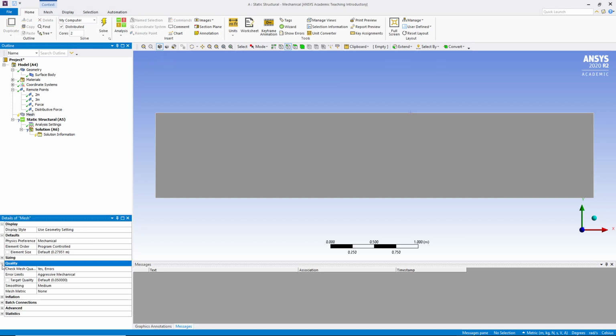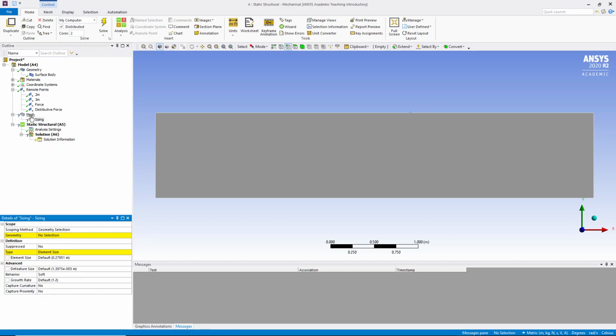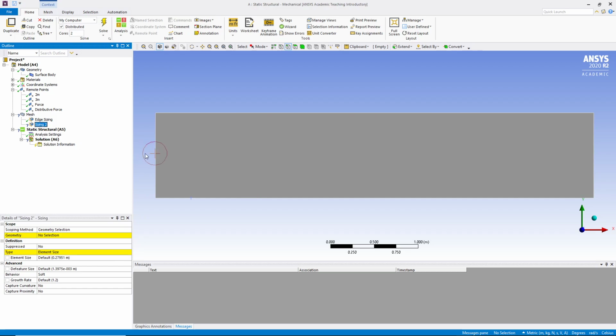So here, remember, change the quality from aggressive mechanics to standard mechanics. You're going to insert 2 sizings, and then again pick the edges. Make sure you apply your geometry. Change the element size to number of divisions. So 16 for the long side, and then short side could be